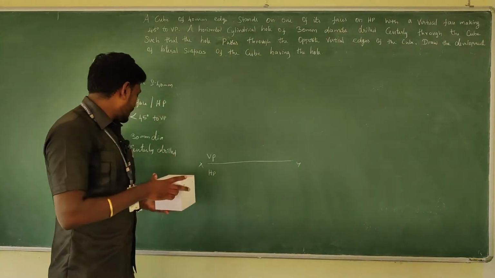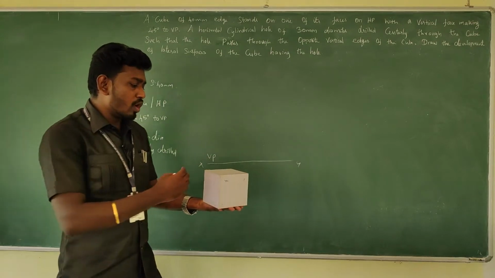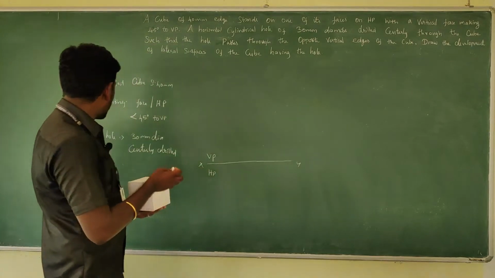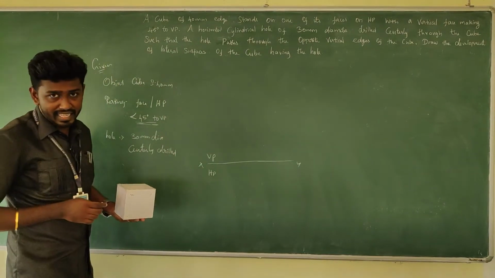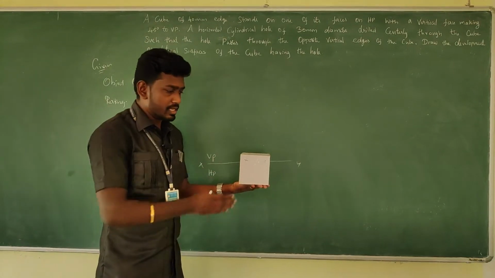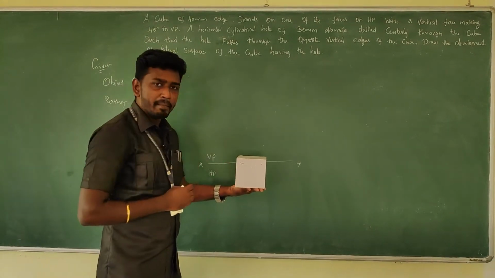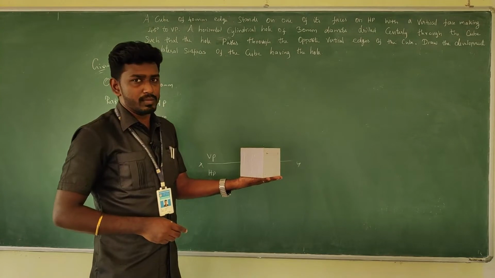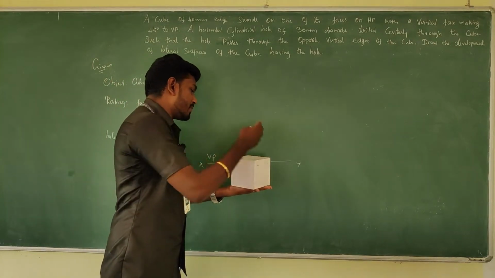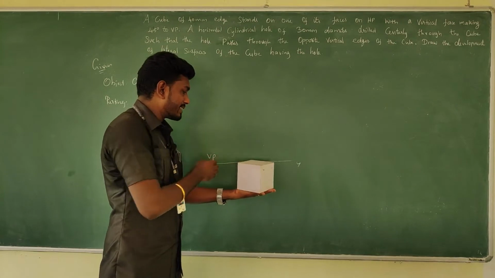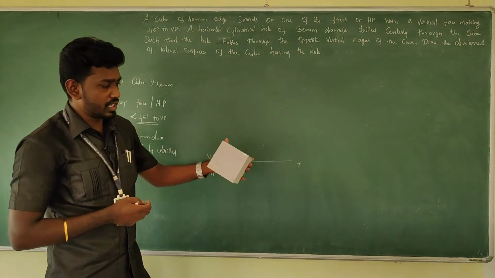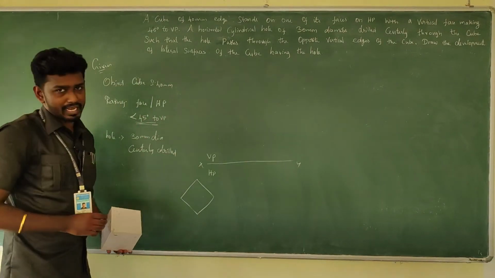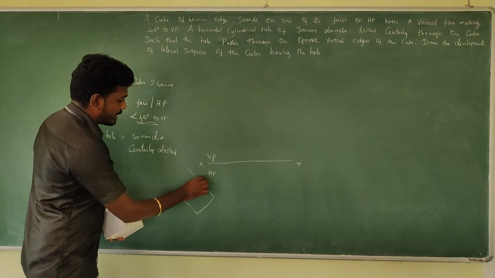While positioning, the cube is on HP, and 2 of its vertical faces, when we keep it like this, these are the vertical faces. Any one of the vertical faces is at 45 degrees to VP. If I keep it like this, then these 2 are parallel to VP and these 2 are perpendicular to VP. So if you want to incline it, you need to keep the object something like this, so that 2 of the vertical faces are making an inclination with VP. We need to keep the position of the object in this manner, with a 45 degree inclination.